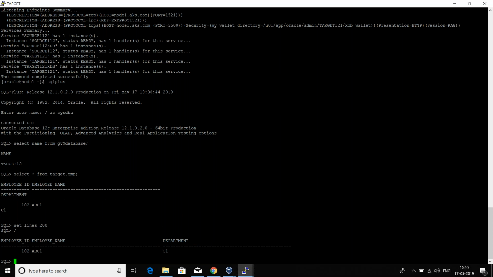Ideally, in a few other tools, those issues are handled outside the tool, so we need to handle them ourselves at the database level. But in GoldenGate, we do have many parameters, and one of them is handle collision, through which we can handle such situations. So the situations are like this,